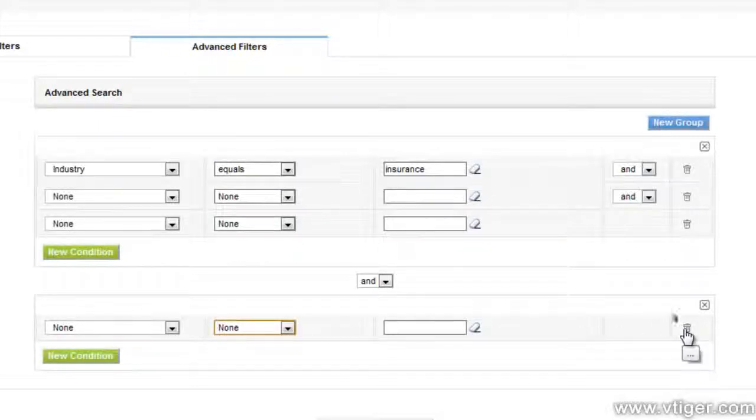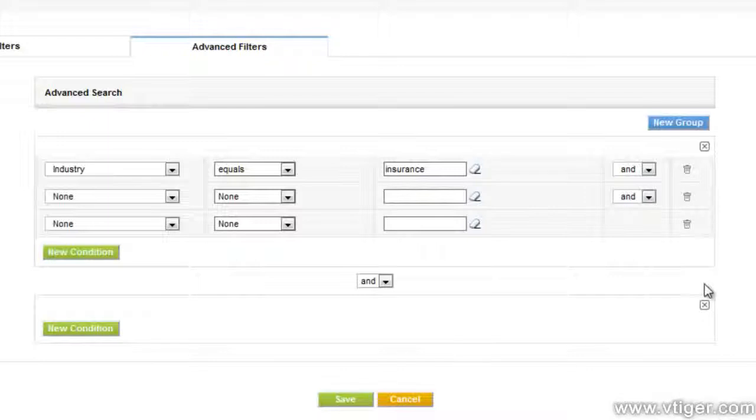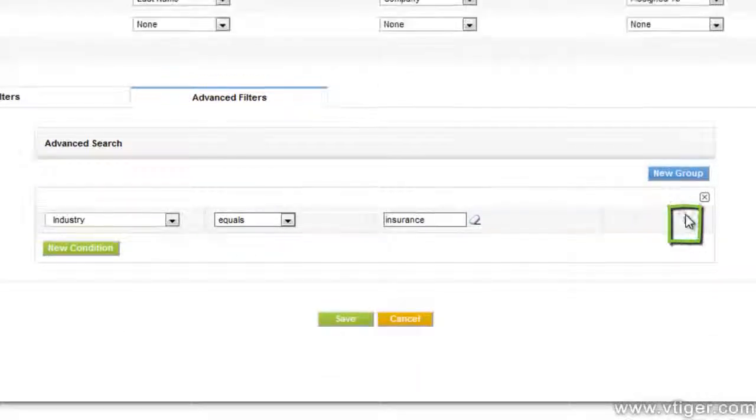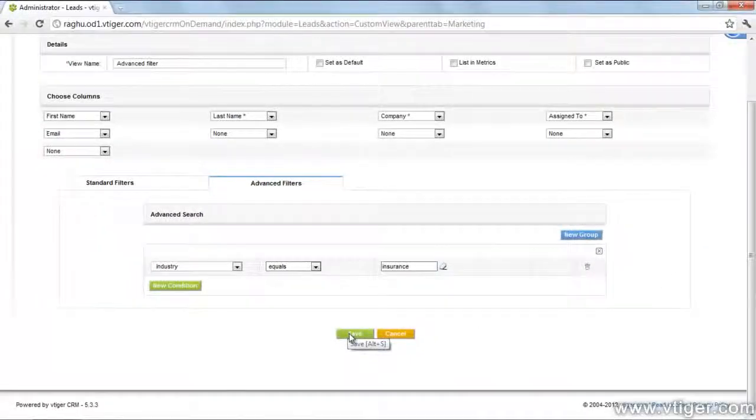Click on this icon to delete the condition. Here I am giving only one condition, that is industry is equal to insurance. On save, list view of item will be filtered based upon search criteria and advanced filters.